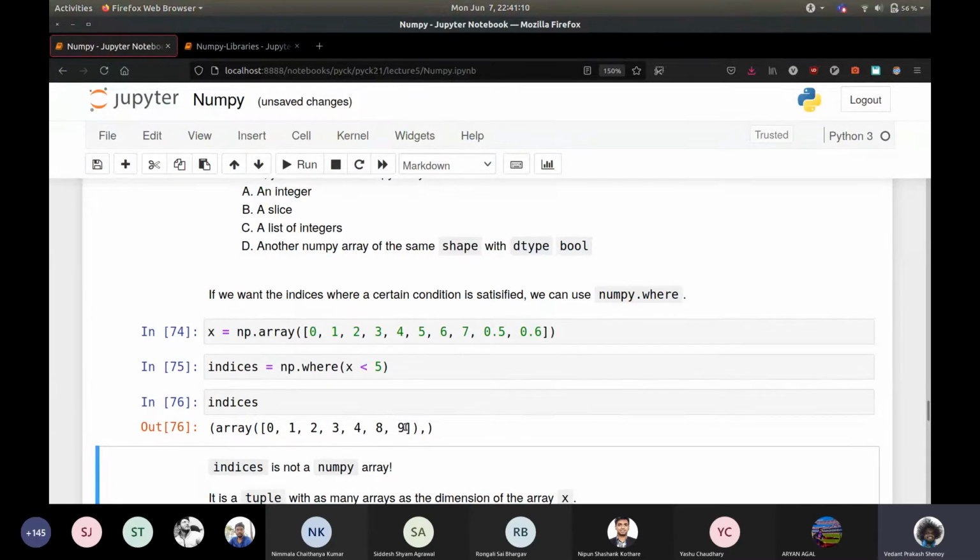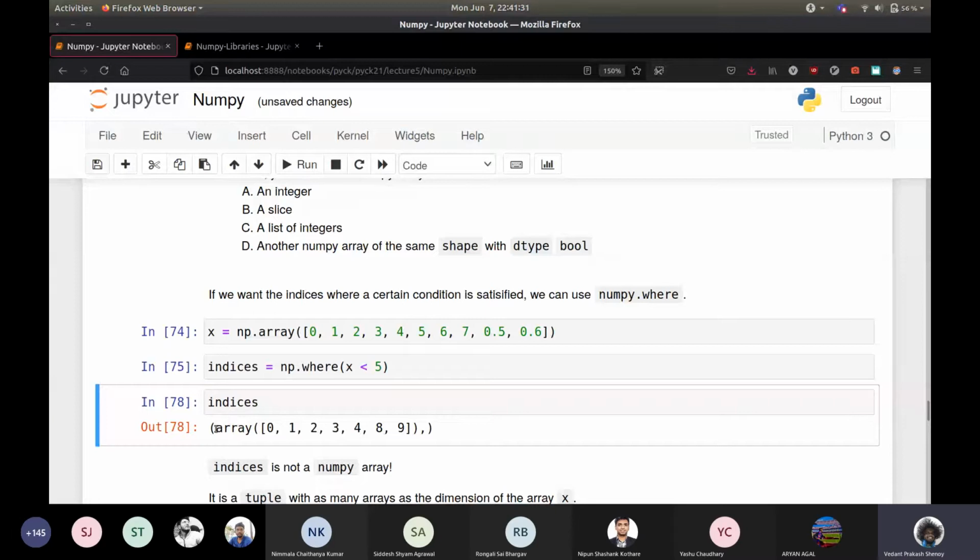Except that's not it. Indices is not a numpy array, and you can see that because there are these brackets here that weren't there earlier. In fact, if you check its type, you will see that indices is a tuple. The reason is that it returns a numpy array for each dimension that the array has.